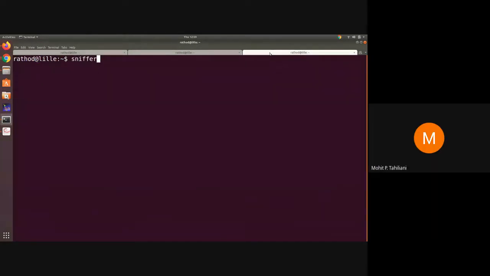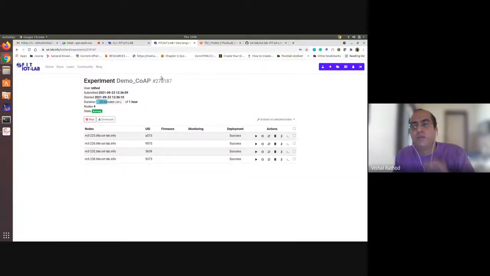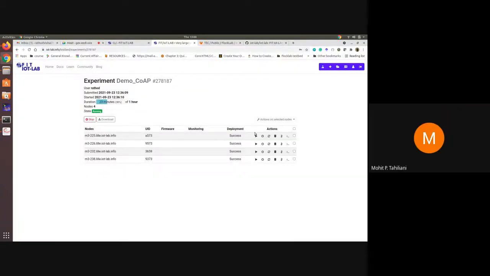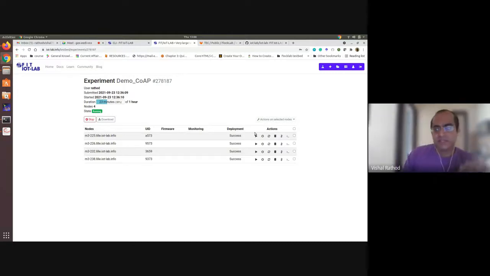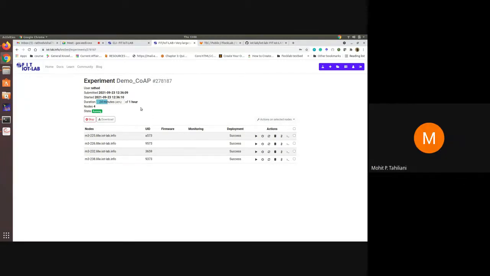Vishal, maybe before you go to sniffer, I think you're going to show the CoAP packets in the PCAP. Yeah, I think it would be better if I give an introduction to CoAP, then you show the PCAP, because then the packet format will be intact. Yeah, sure, no problem, sir. What do you think is the best? It's the best way, because they have to know which are the types of messages. So till then I will generate the PCAP file, because it might create a problem.